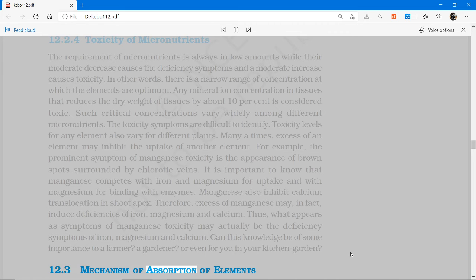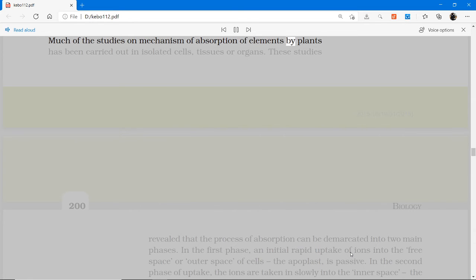12.3 Mechanism of absorption of elements. Much of the studies on mechanism of absorption of elements by plants has been carried out in isolated cells, tissues, or organs. These studies